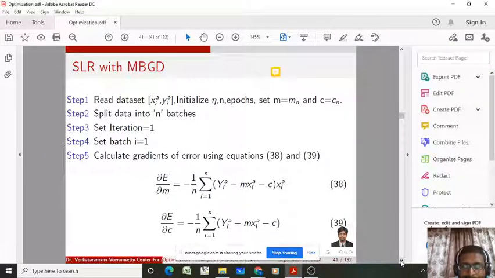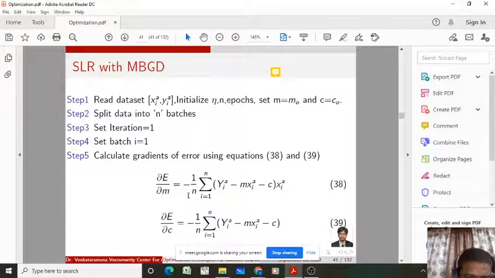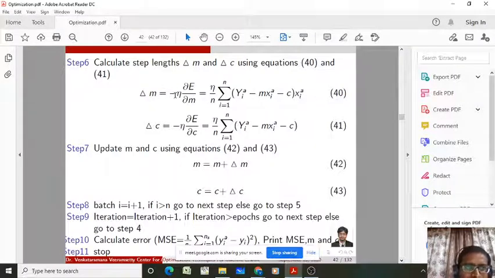So after calculating the gradient, what we have to do? We have to update the model parameter, or we can calculate the step length. So step length, delta m, equal to minus eta into gradient, dou f by dou x, or dou E by dou m. So minus eta dou E by dou m, that's equal to, see friends, already we have the minus sign here. So in this equation minus into minus is plus.